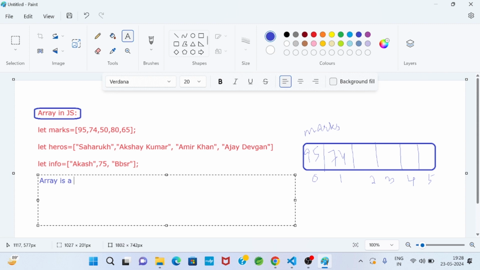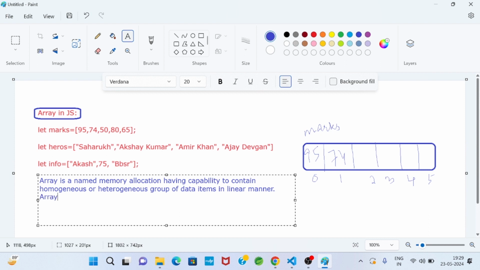Overall, an array is a named memory allocation having the capability to contain homogeneous or heterogeneous data items, a group of data items, in a linear manner.